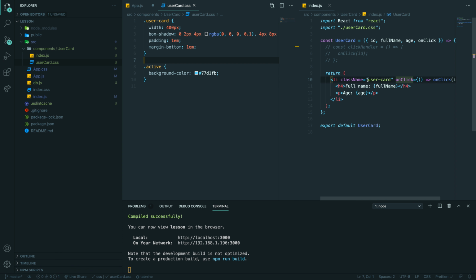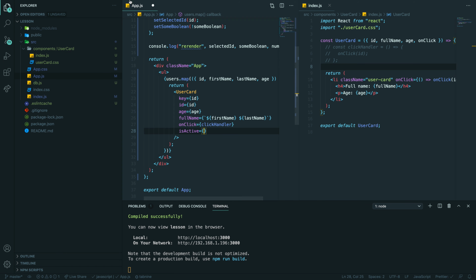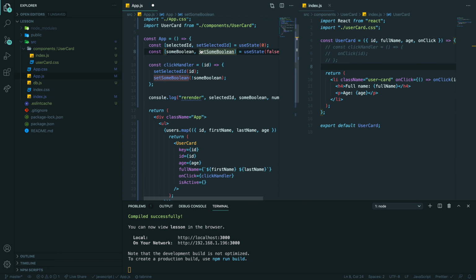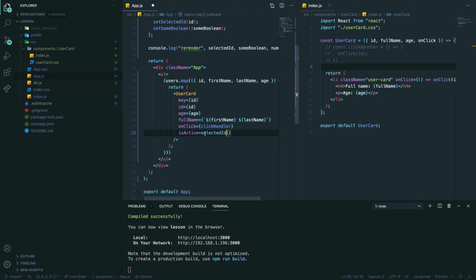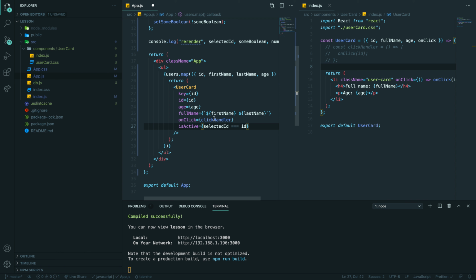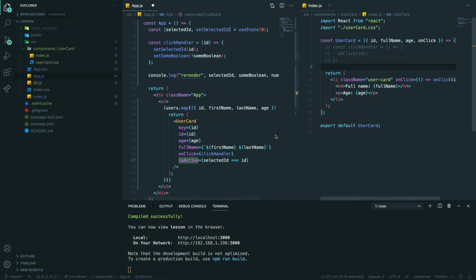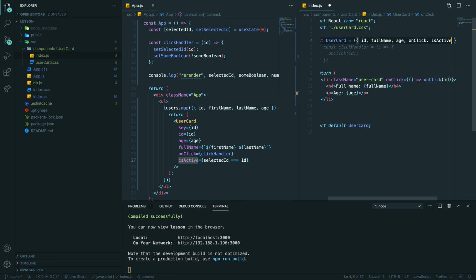So here we have the user card class, and here I will pass isActive based on selectedId, so we don't need this one anymore. So if selectedId is the card ID, then it's true, right? So basically this will be a Boolean, true or false. So I'm passing isActive. And here, oh my goodness, sorry.